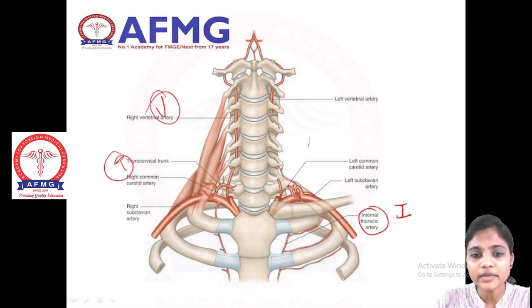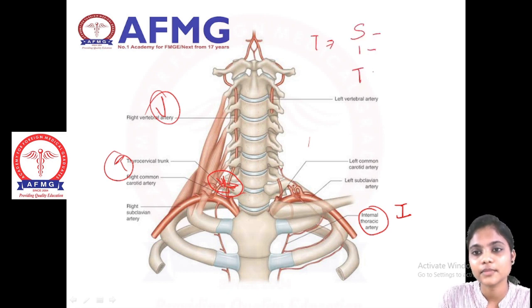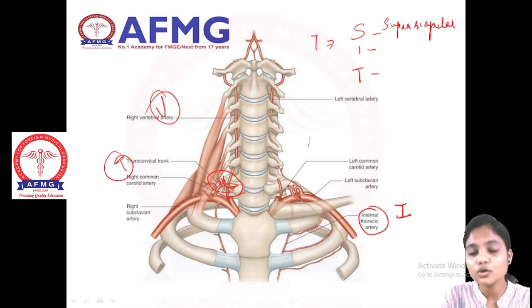See, if you zoom in, can you see here, this thyrocervical trunk is giving three other branches. What are they? That is none other than your S, I and T. S is your suprascapular artery. Please don't confuse: our dorsal scapular artery is a branch of the subclavian artery, but your suprascapular artery is a branch of the thyrocervical trunk. This suprascapular artery is a question which is asked once.